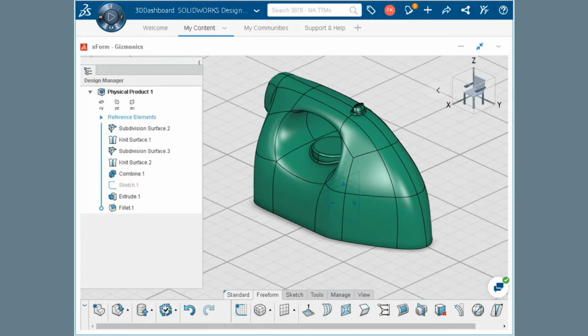The sub-D surfaces can be reshaped by manually changing the topology, by pushing, pulling, dragging, or rotating elements of the surface. In addition, there are many shaping tools that can be applied directly to the topology. After editing, the sub-D surface is automatically refined to create a smooth curvature continuous or G2 surface. These surfaces are eventually converted to NURB or non-uniform rational B-spline surfaces so that they can be used with XDesign